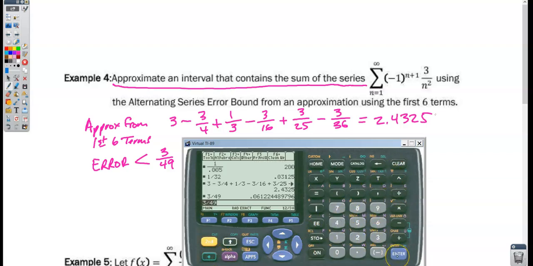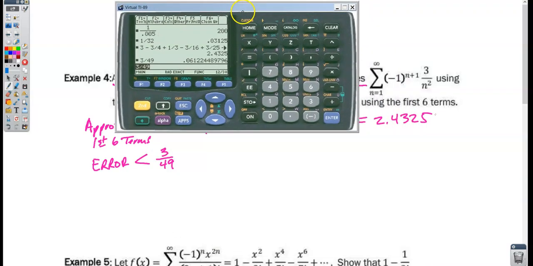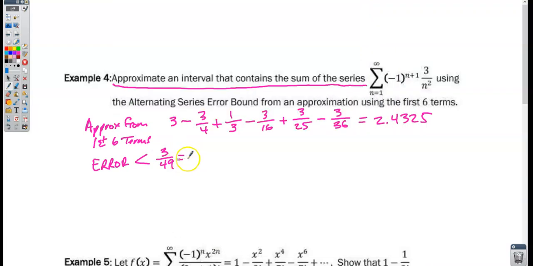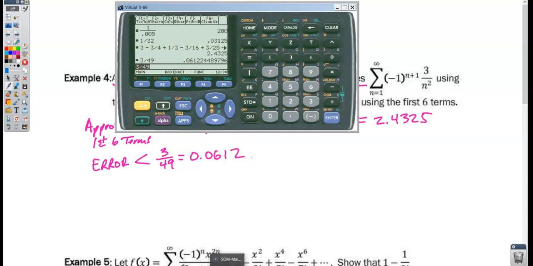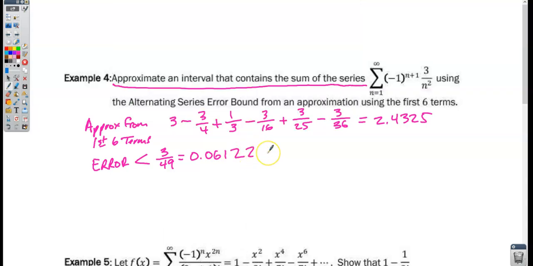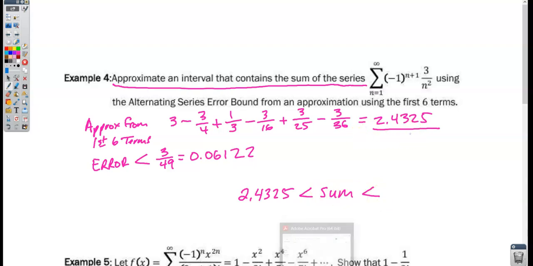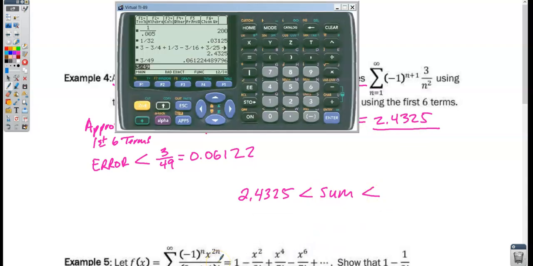Which is approximately 0.0612. Should we call it 0.06122? Why not? All right, now that means our sum has to be bigger than this approximation, but it has to be smaller than the approximation plus the error. So I'm going to take that error and add to it the 2.4325, and that gives me